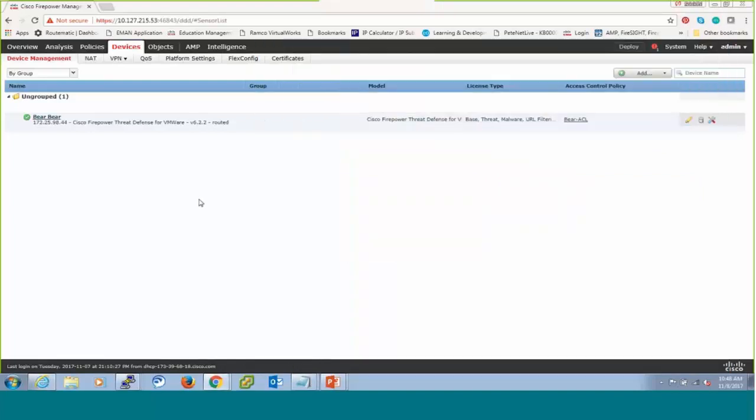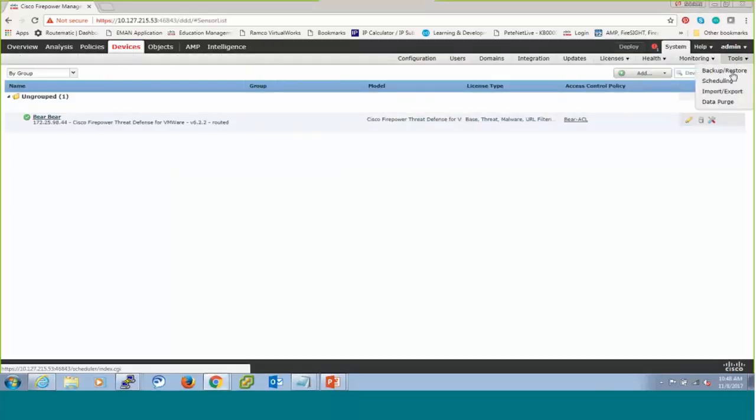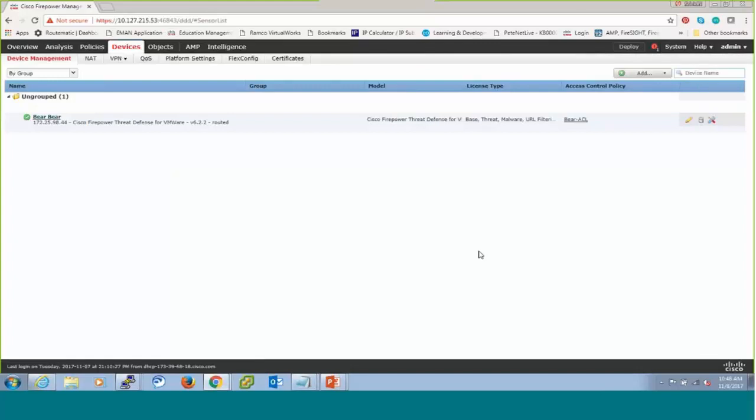So we do this by the option System, Tools. There is Import and Export, wherein you can take all the policies out of the FMC and